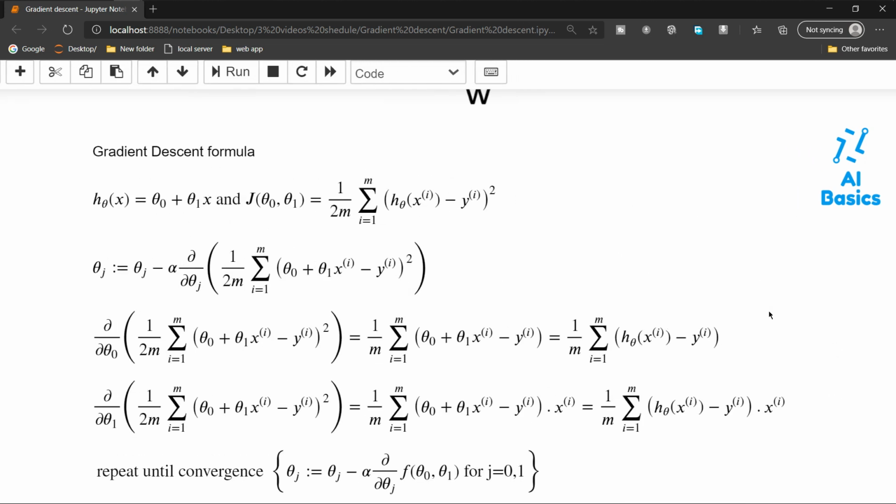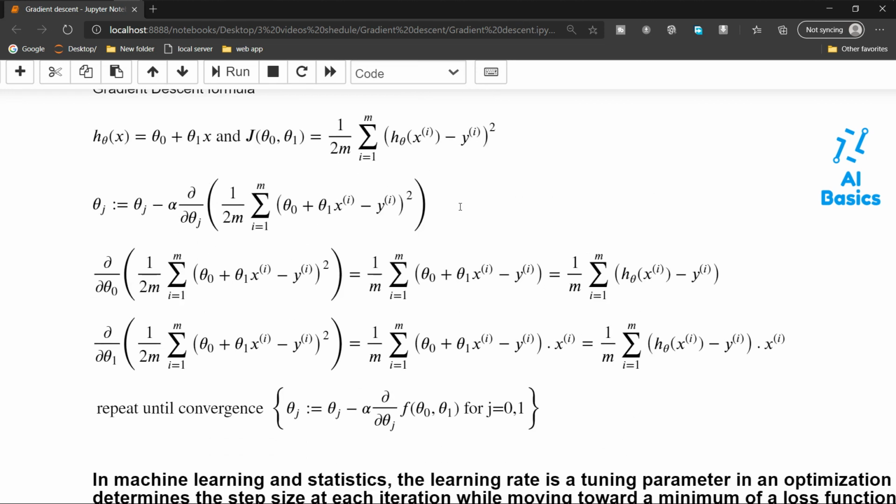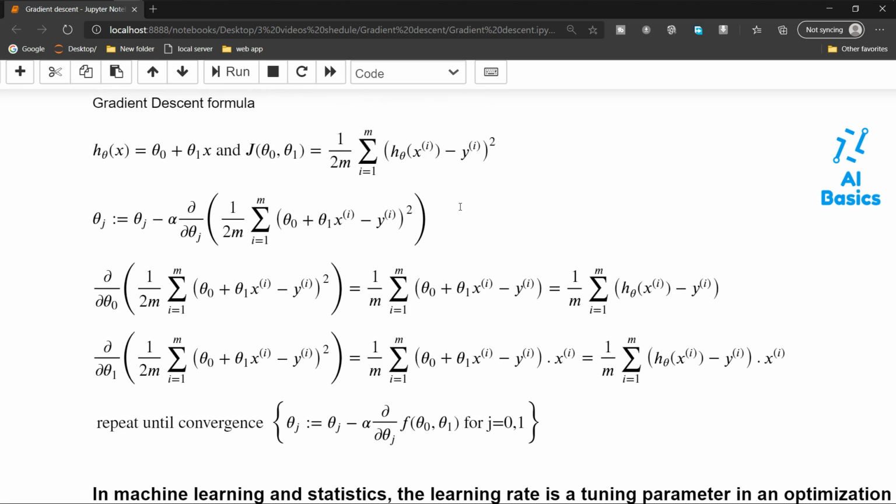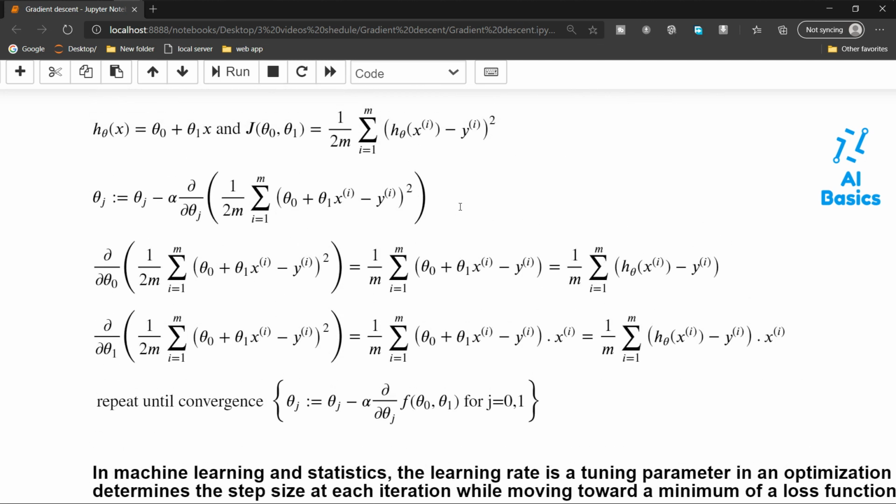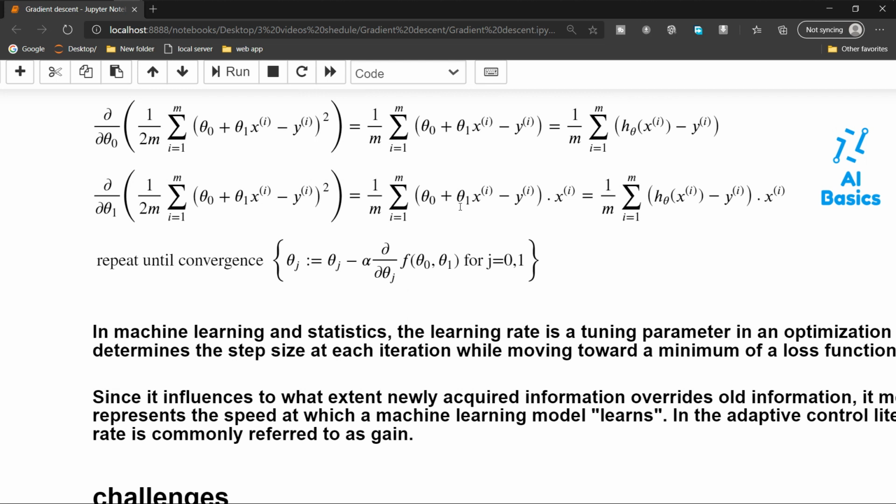So I will suggest you take this cost function and write it on paper and apply these partial derivatives. This is the best method. You will get full clarity about this method, how it is working, how the formulas are derived. So I'm leaving it to you about partial derivatives. You can get more clarity while implementing the code.